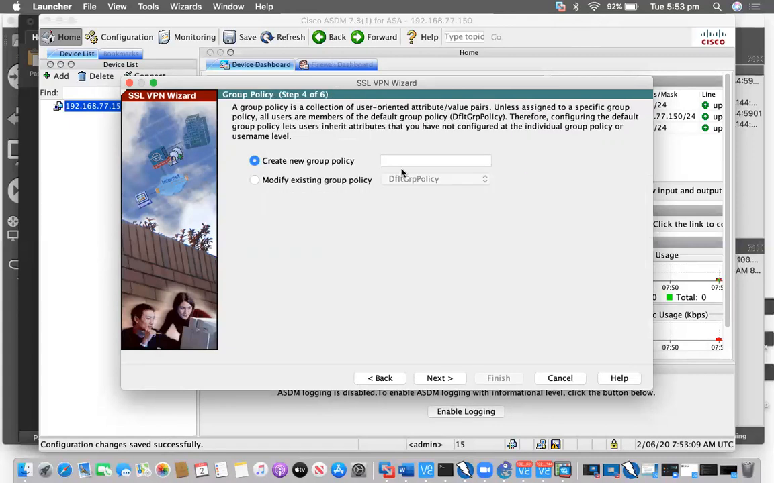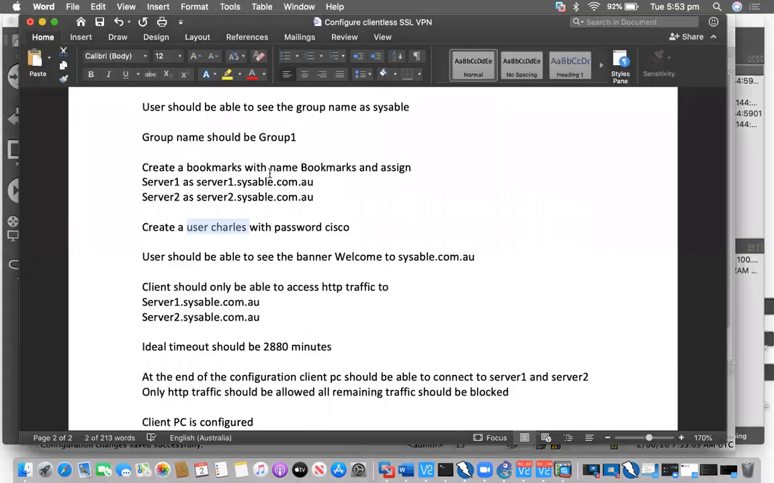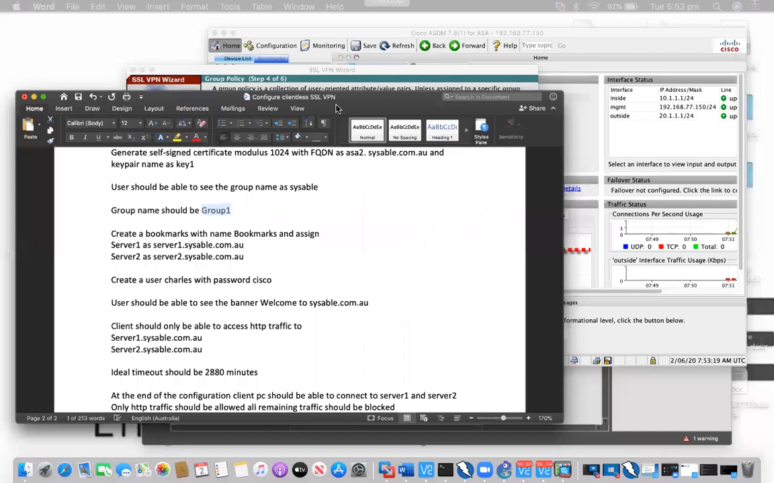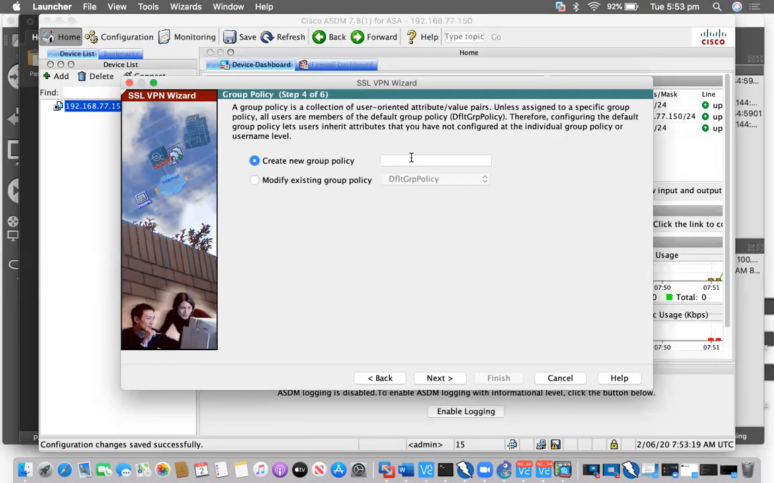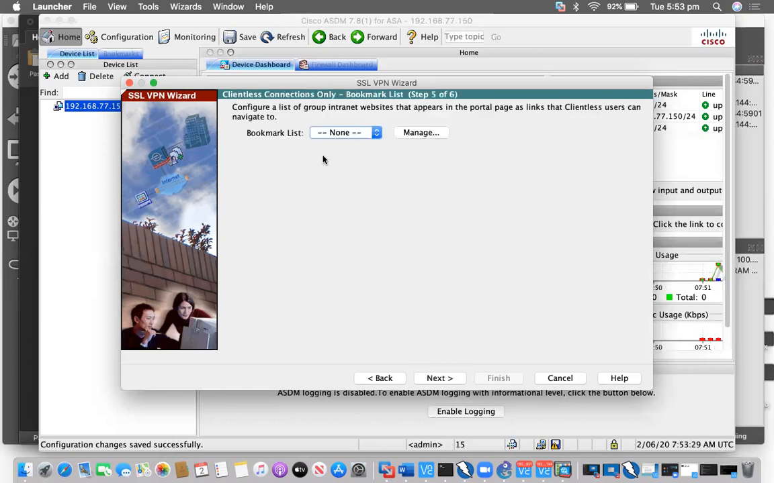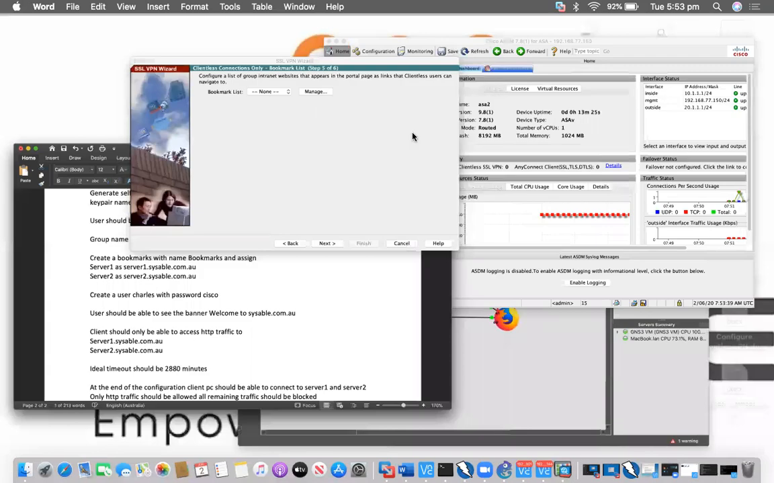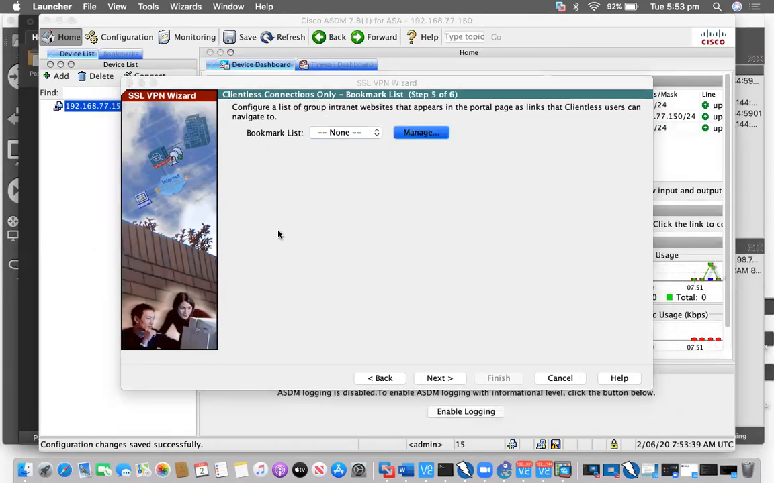Next, create a group policy. So when I come back here, group policy name should be group 1. So I will go ahead and I will say that capital G group 1, and next bookmark list. So here is the bookmark list. I have to create a bookmark with name as bookmarks and assign server 1 as server1.sysable.com.au and server 2 as sysable.com.au. So I will go ahead and I will click on manage and I would say add,